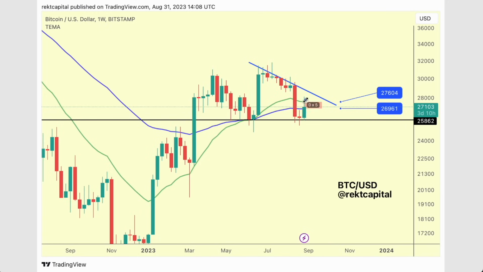So the pi cycle 111-day moving average resides near this lower high resistance, which could reject price should we be able to even overextend beyond these bull market EMAs. And you can see this upside wick tried to overextend and even reach for that lower high resistance, but failed in the end. These are acting as a resistance primarily before we even get to that pi cycle moving average. So if these keep acting as a resistance, then we'll probably drop into 26k once again into this region, roughly speaking,